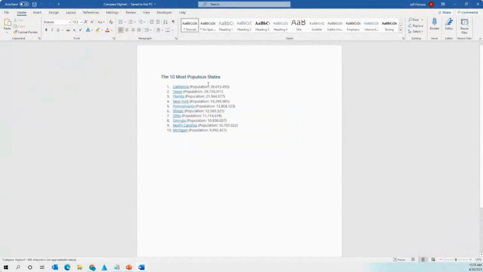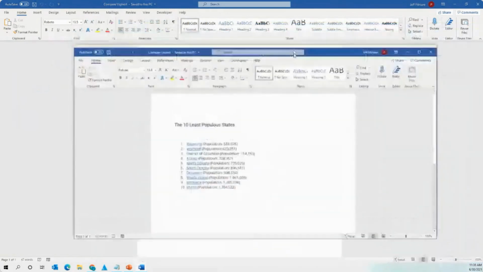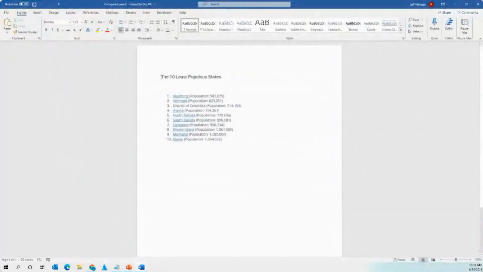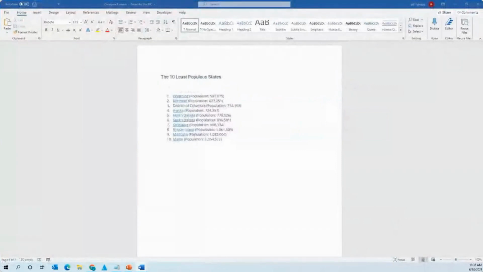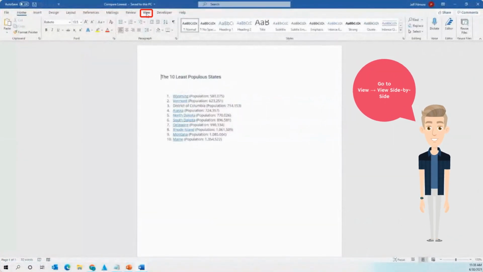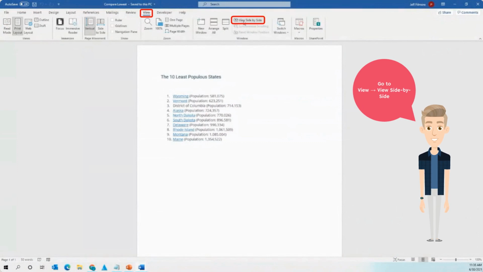All right, so let's say in this example, I want to compare the 10 most populous states with the 10 least populous states. So what I just did is I opened up both documents. As you can see, I have two documents open up here at the same time. But rather than going back from one to the other to compare them, as long as they're both open, I hit View. And then as long as they're open at the same time, you should get this option, View Side by Side. If I click this,